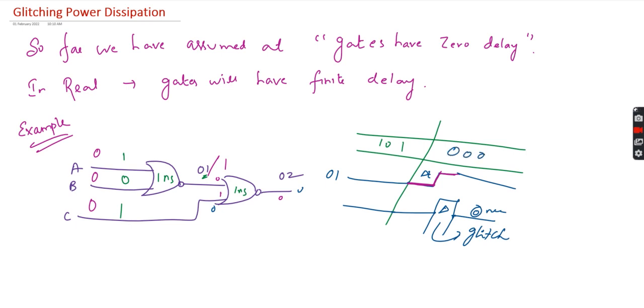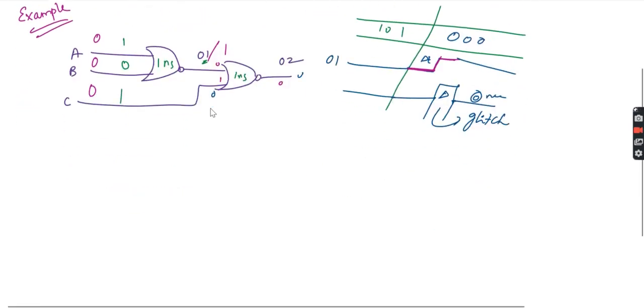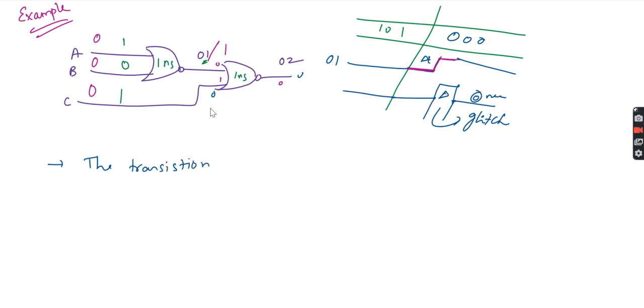Now what you need to do, very important, when you're using this kind of circuit, the transition will be increased here. The transition increases the dynamic power dissipation,